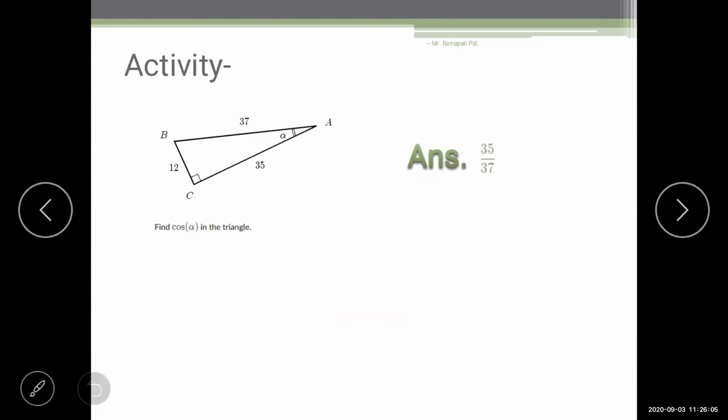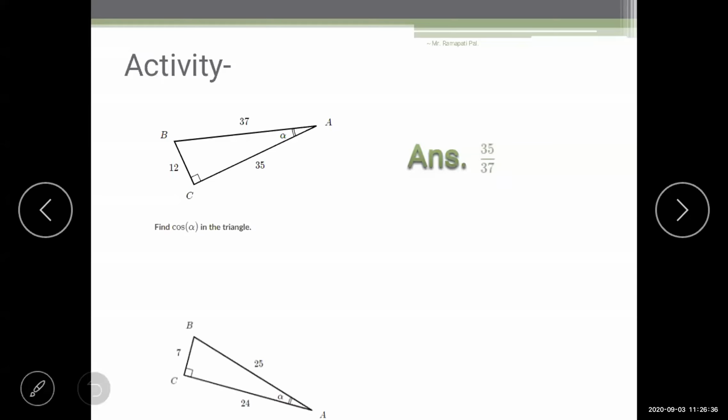One student has written the formula of sine theta. Everyone had copied that, not thinking about what they are writing. That's why I have not shown the answer, because in the next question I have asked sine theta, so that at least you should remember the sine and cos formulas are different. Okay. So you can see it.